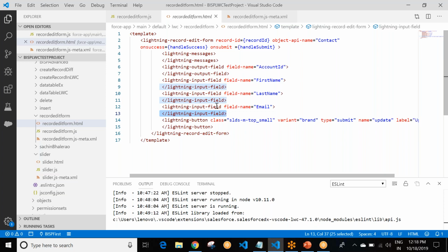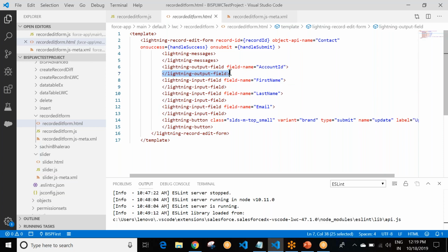And these are the Lightning input fields. The Lightning input field component is used inside the Lightning record edit form to create editable fields. Then output field is also available here.